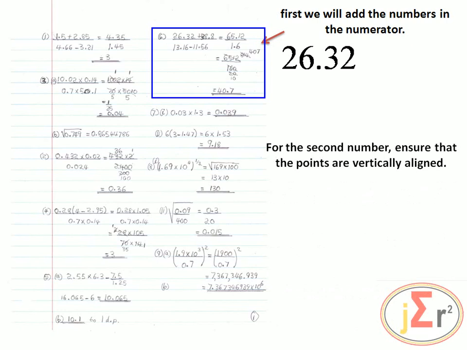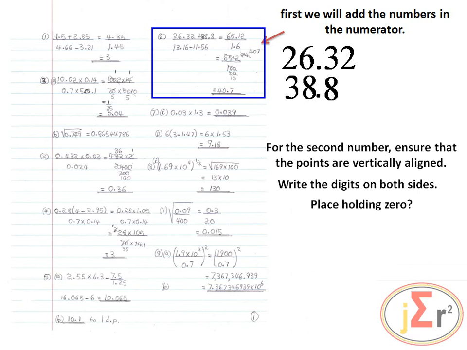We put the first one down, and for the second number, ensure that the points are vertically aligned and write the digits on both sides of the point. So 8 will be on the right hand side, and on the left hand side we have 38, and we are about to add them,